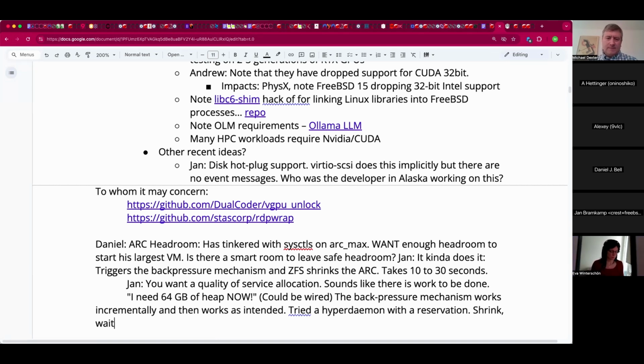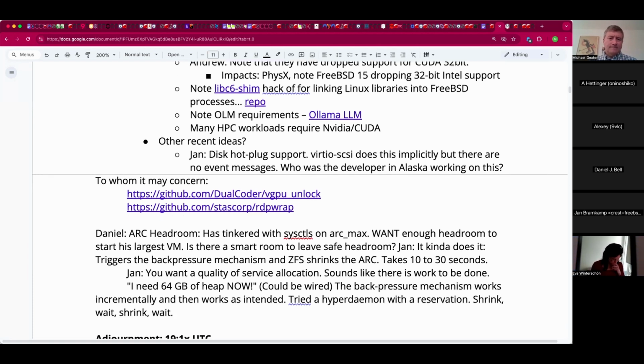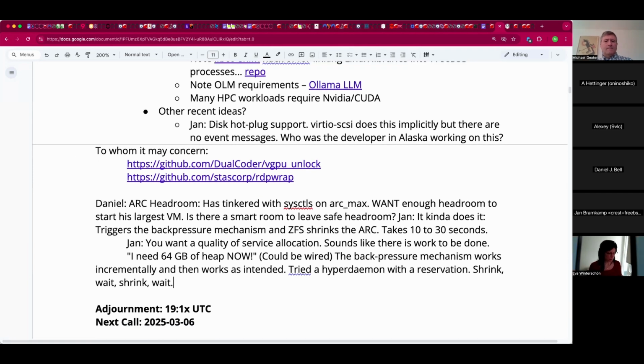That would work. Or you could just ask for a bunch of address space and then incrementally fill that up with wired memory, so that you wait for it basically to stabilize instead of doing it in one big drop. But that's kind of intentionally behaving in such a way that you don't trigger the pathological case, not solving the pathological case. The problem with the interface to the ARC size limit is that, first of all, you